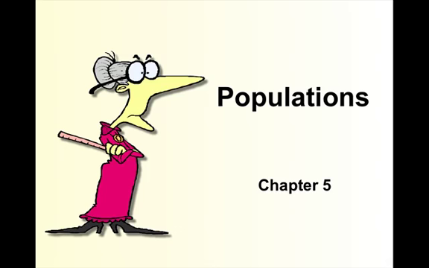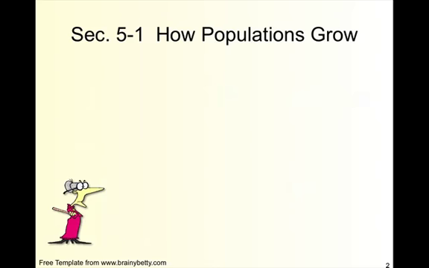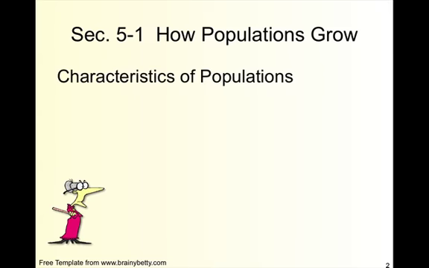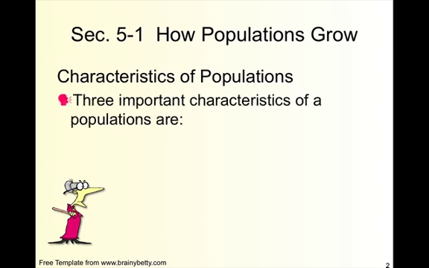Chapter 5 is going to cover populations. Section 5-1 will cover how populations grow. And there are certain characteristics that determine how populations grow. The three important characteristics of populations are their geographic distribution,